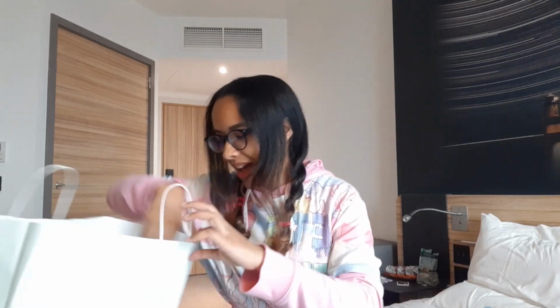What else do we have? Oh, I got hair clips. They didn't have the hair clips that I was looking for. It was a much bigger hair clip, so you can actually see the character on the hair clip. So these are kind of like substitutes for those. First we have My Melody and Piano-chan. I'm gonna protect these with my life and hopefully they can last for a long time,